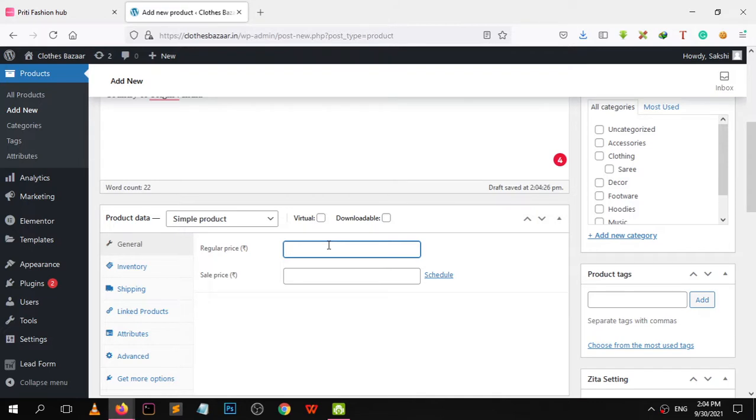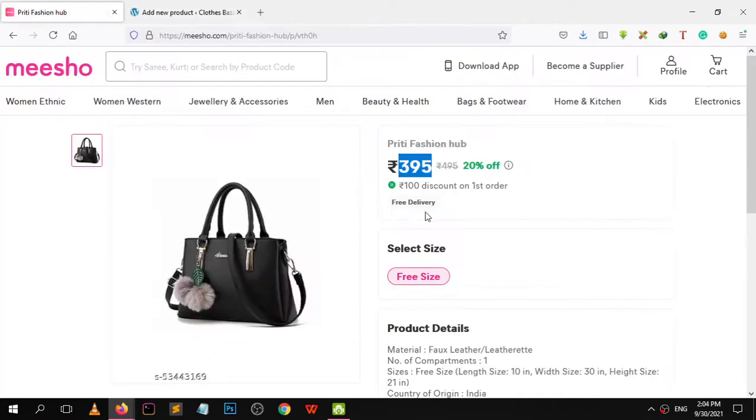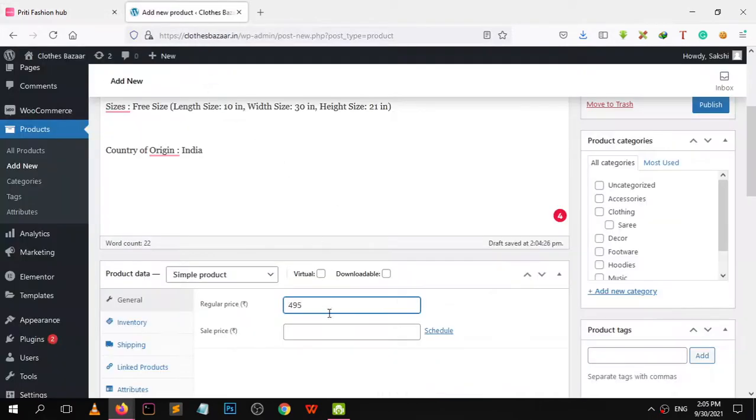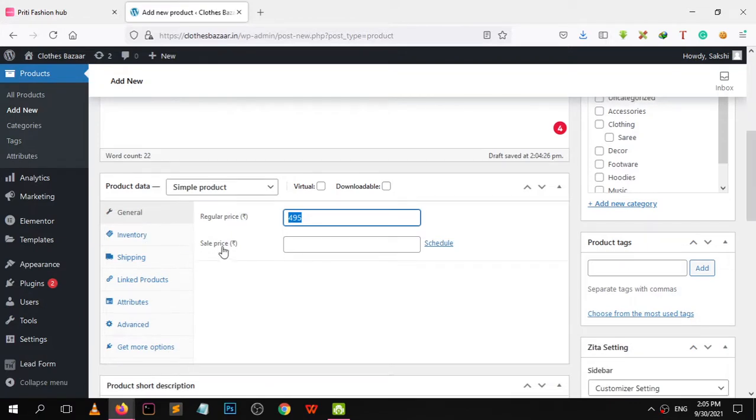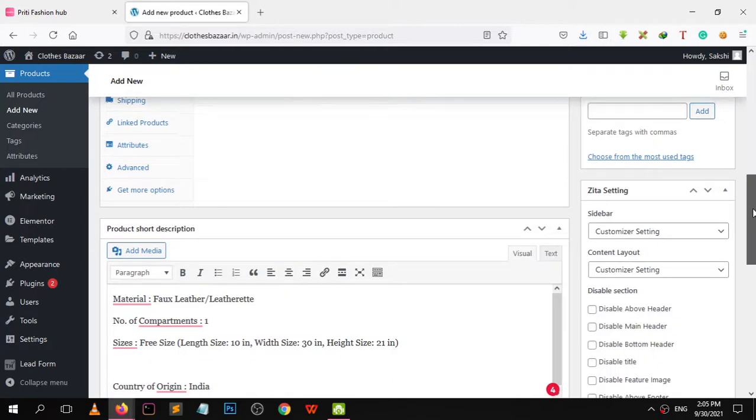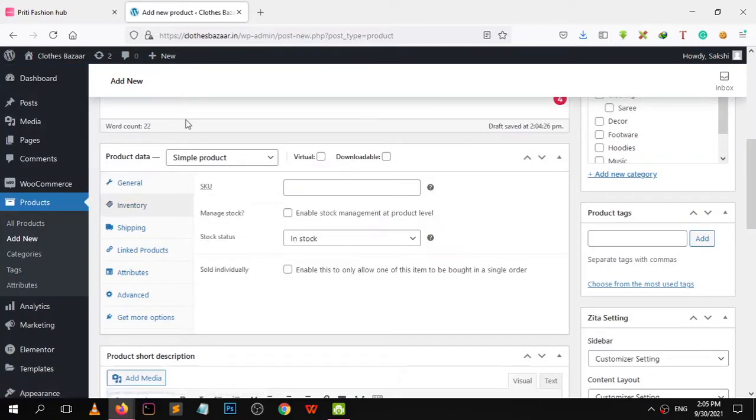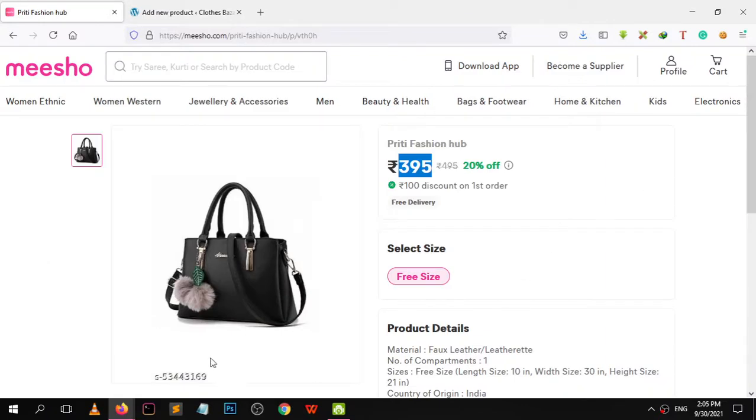The price for this product is 495. We are getting it for 395 and we want to sell it for 100 rupees profit, so add our 100, that means 495. We don't want to show any sale price or any discount over this price. So we will keep this 495 as it is. Don't put anything under sale price. Don't disturb this setting and don't touch these settings. Just keep going. And if you want to add SKU, you can add something like